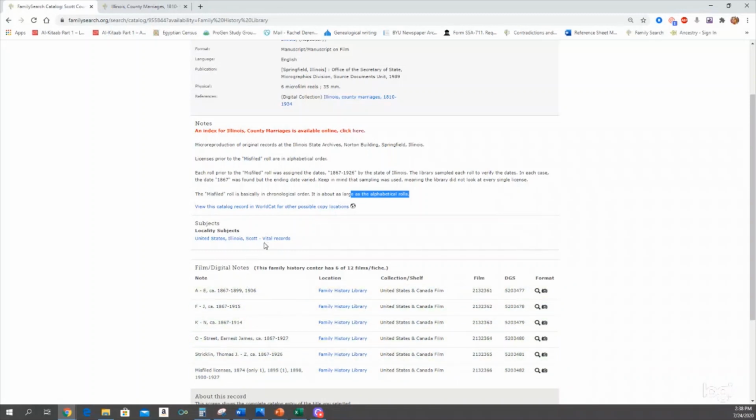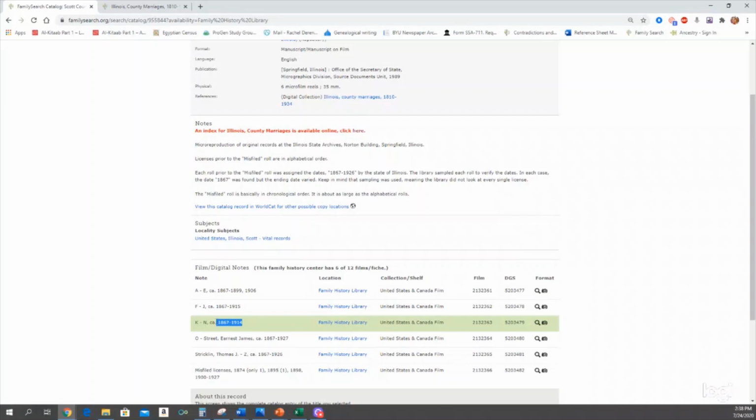So the last name is McEvers. And you're going to come here, and the first thing you're going to do is say, now how is this organized? You look at the notes and you'll say, are these volume numbers or what's happening? You'll look and note this is a name. So Ernest James Street. So it's by surname O to the surname Street. We want McEvers, so we're going to go to K through N, 1867 to 1914.